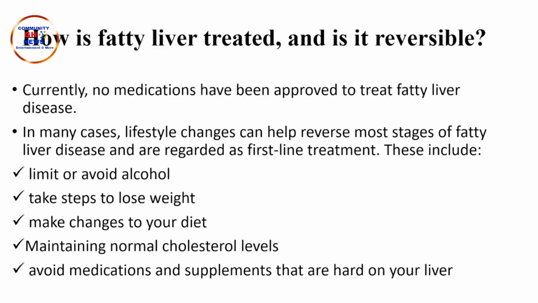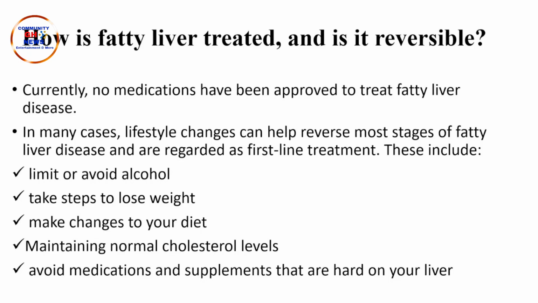It's solely lifestyle modification. You basically have to do things that will help the liver not progress to the fibrotic stage and eventually liver cirrhosis, eventually chronic liver disease. You just have to modify your lifestyle habits, and that would help to reverse most of the stages of fatty liver disease. So lifestyle modification is definitely regarded as the first line treatment. And as I mentioned, based on the causes, you'll be able to modify them to treat fatty liver.